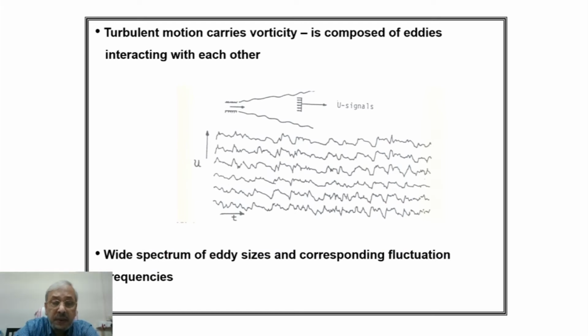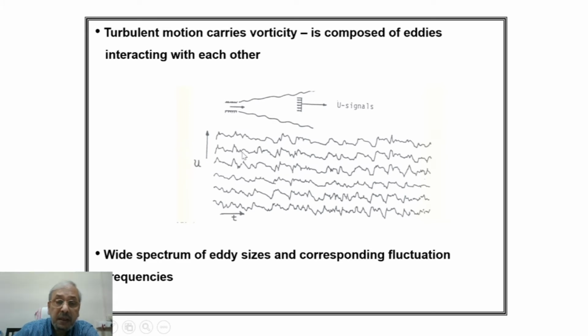And this is one typical example: if we use a probe and measure, for example, velocity component u at 1, 2, 3, 4, 5, 6 points over time, we will see the signals that we get are